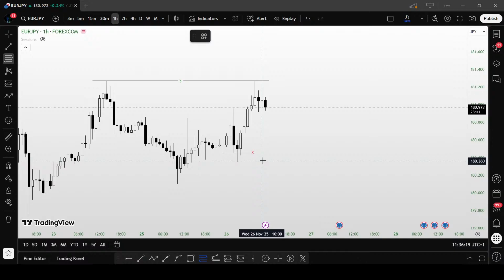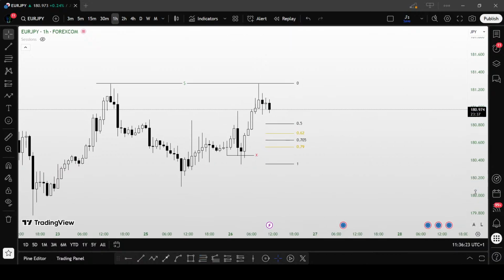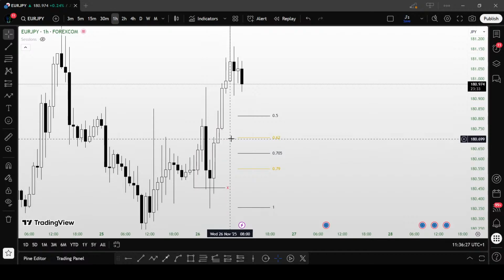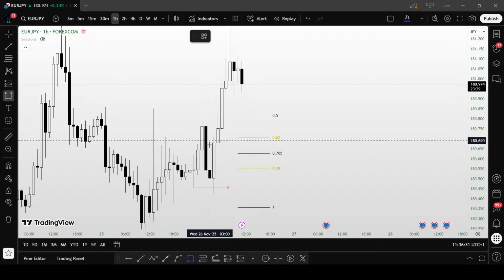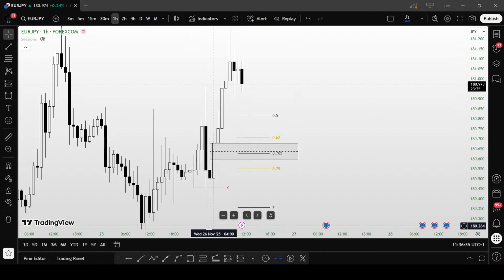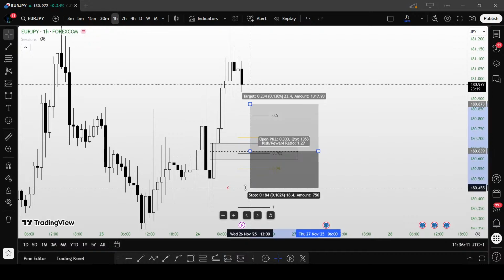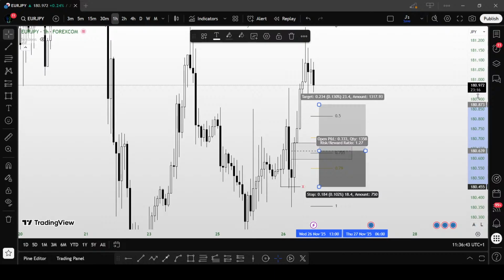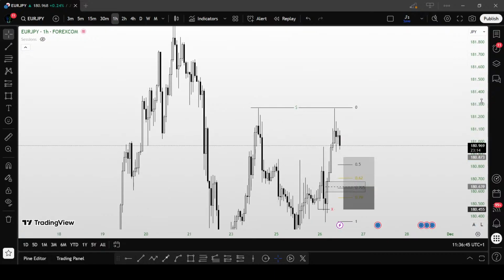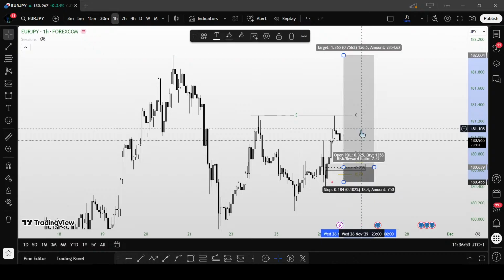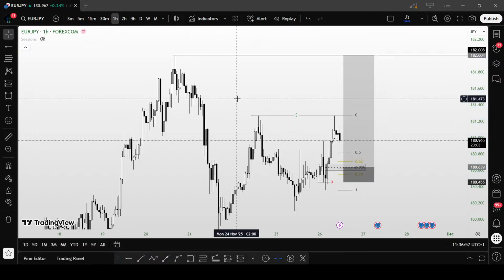So here we do have our fair value gap. The golden zone is surrounding this fair value gap, and I believe that this here is going to be another block. So I would definitely take my trade from 0.5% of the fair value gap, with my stop loss here at the sweep level. Where am I going to target? I could either target the highs for a 1:3, or I could target the high for a 1:7. Woo, nice. So yeah, I'm going to have this 1:7 here.